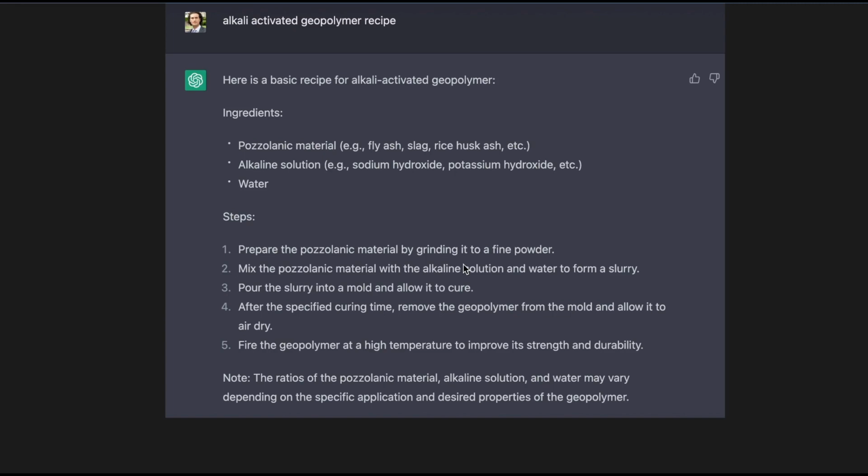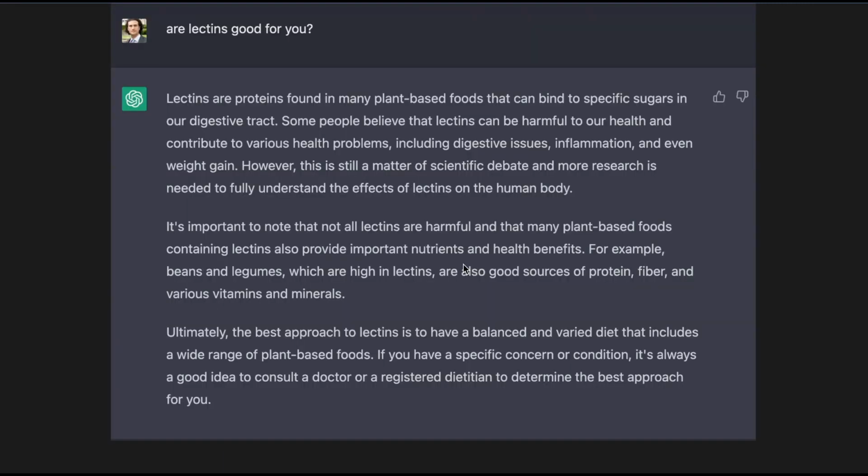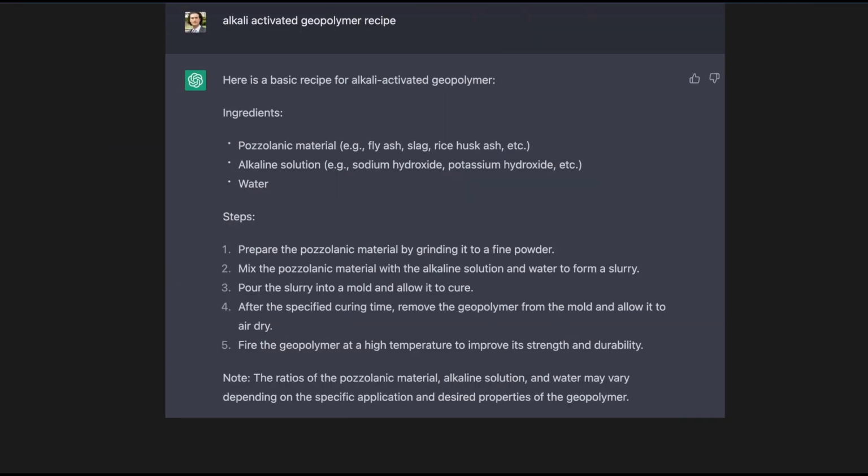So it's really, really exciting stuff. Not only that, but it can actually go and, based on all the other available geopolymer recipes on the internet, it can create one for you. It will follow the same principle to create a geopolymer recipe, and it will compose one that is not even found anywhere on the internet.